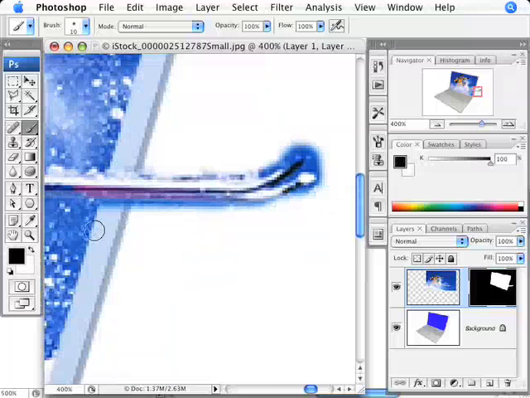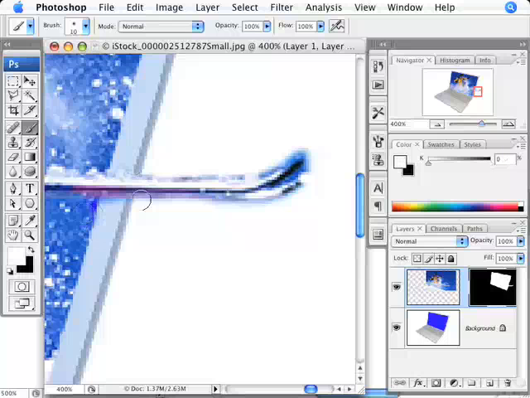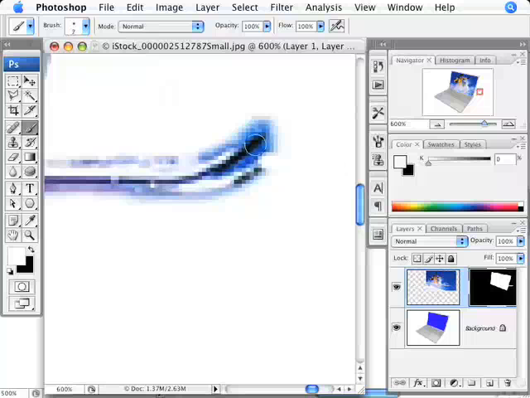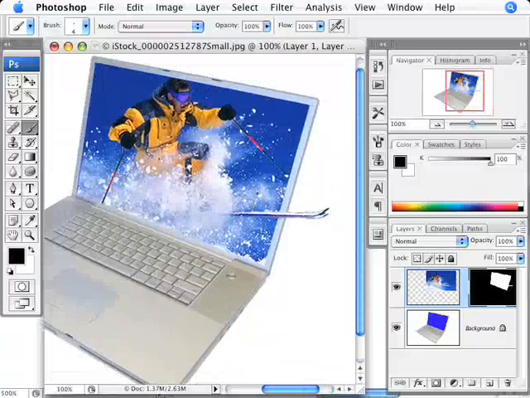I'm going to press X to switch my foreground color to black and just paint out the excess area that we really don't want. And that's the benefit of using a mask here, because we can be really detailed. Let's get that area right back in. And then if you really want to get crazy with it, we'll zoom in very, very close to the ski. And I'll just paint with black and get rid of some of this other area as well, just to get rid of some of that blue sky. So it looks like just the skis come out. And we'll go back to 100% view, and there we have our skier breaking out of the boundaries